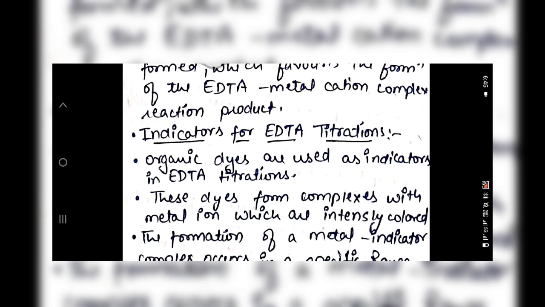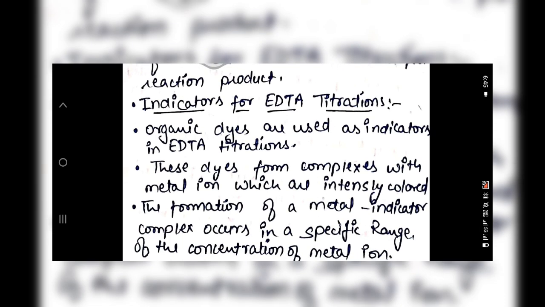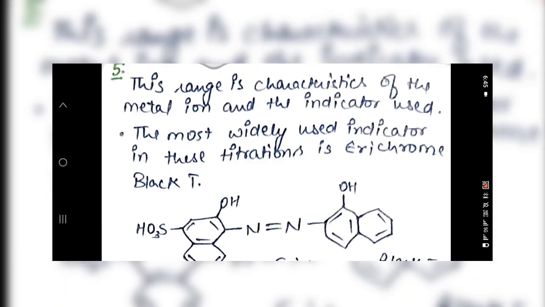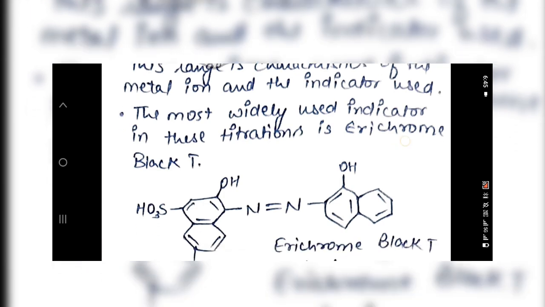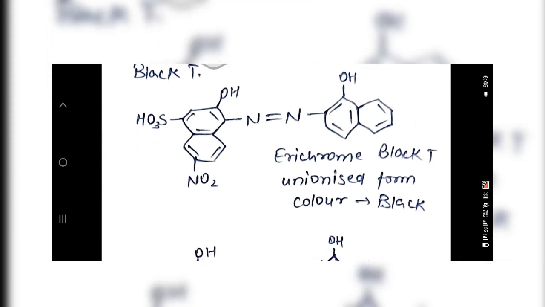Indicators for EDTA titrations. Organic dyes are used as indicators in EDTA titrations. These dyes form complexes with metal ions which are intensely colored. The formation of the metal indicator complex occurs in a specific range of the concentration of the metal ion. This range is characteristic of the metal ion and the indicator used. The most widely used indicator in these titrations is Eriochrome Black T,